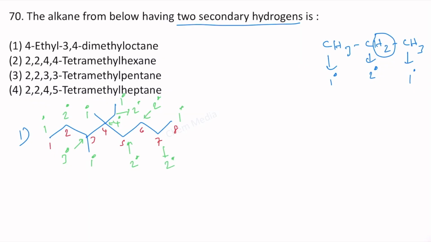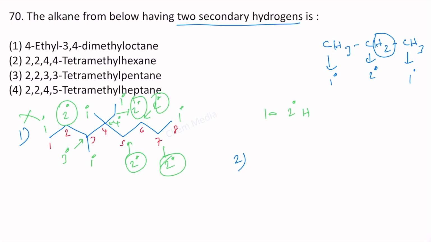So we have how many secondary carbon atoms? We have 5 secondary carbon atoms in this case. That means we have 10 secondary hydrogens because we had 5 secondary carbon atoms. Therefore, in all those places we have 2 hydrogens. Therefore, this is not the correct answer. Now, number 2, we have